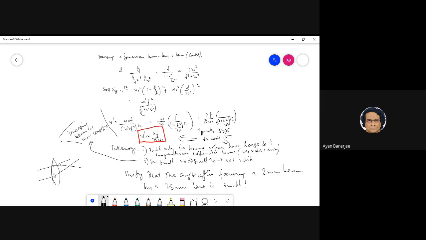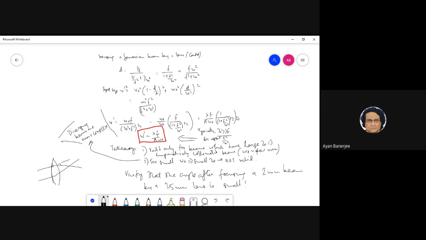So what I was saying is that it'll behave like a ray only. There won't be much deviation from a ray. Yeah, that is correct. But you cannot straight away put that assumption and say that this is like a ray, and therefore I put f equal to z, d equal to f, and go by this.